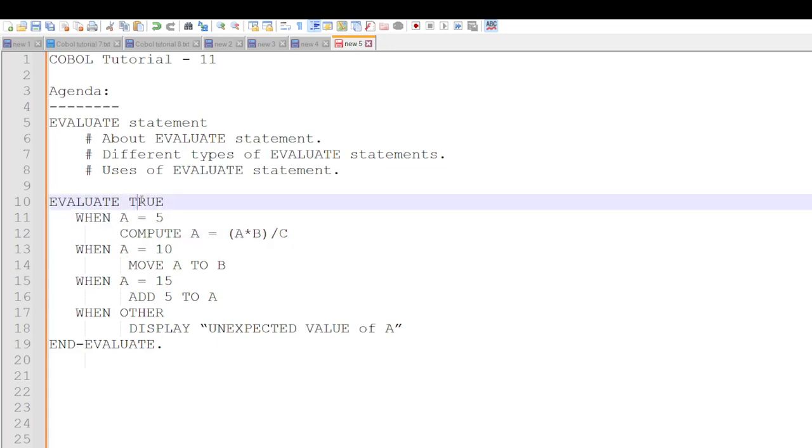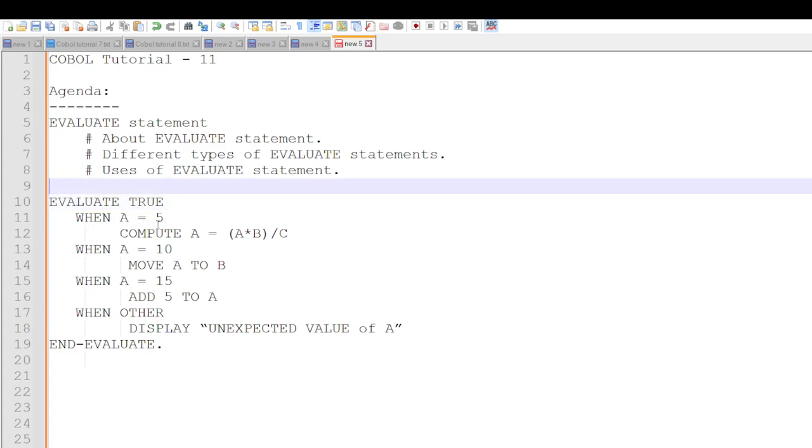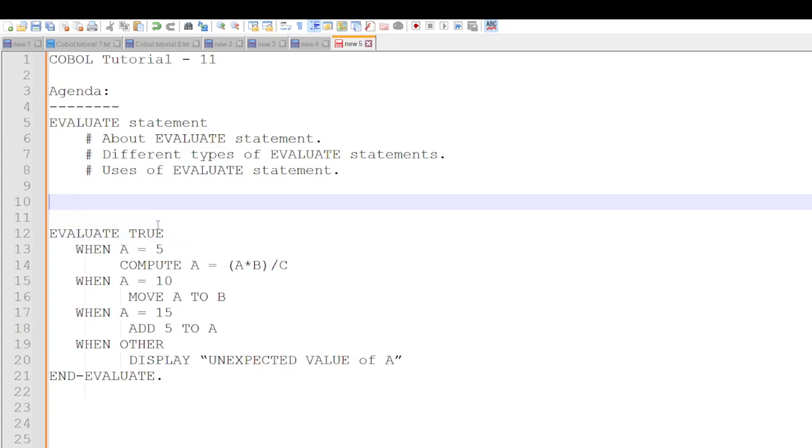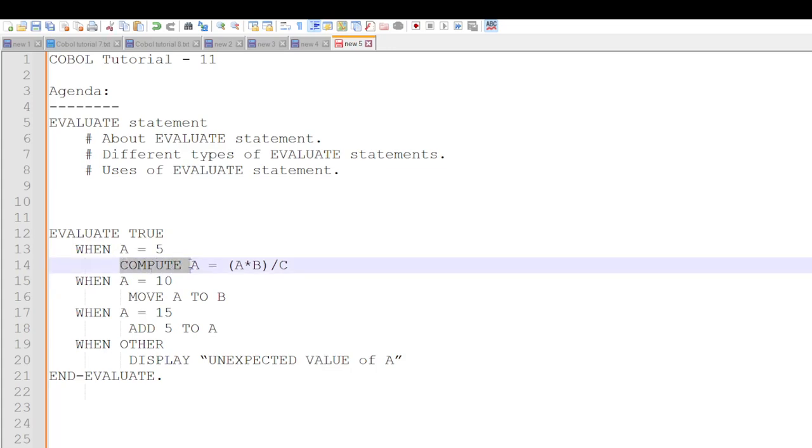That's the meaning here. If you write false instead of true, then if the condition is false, that will execute. If the condition is true, it will bypass. Let us come to the syntax: evaluate true, when a equal to 5. If we move 5 to a, the evaluate will check a equal to 5. The condition is true, then it will execute